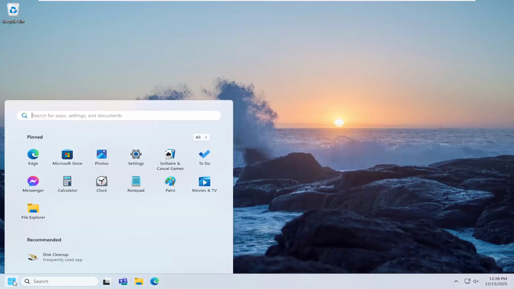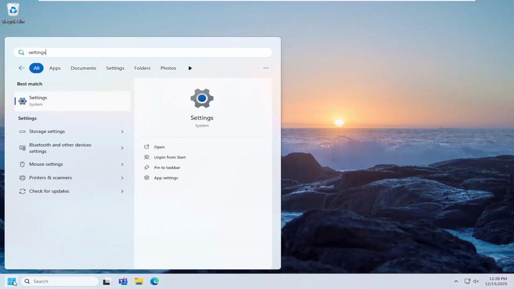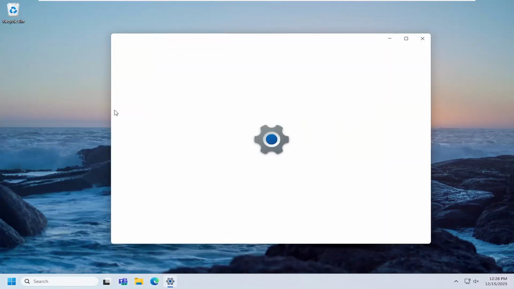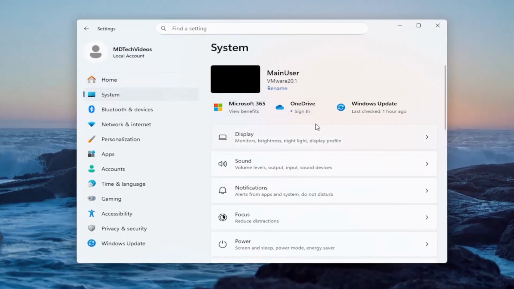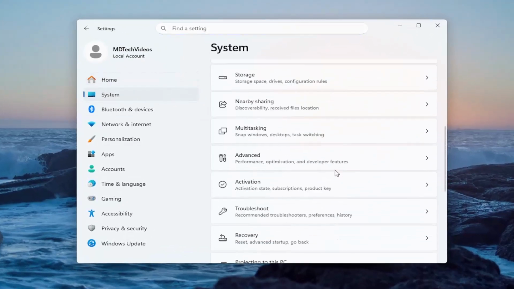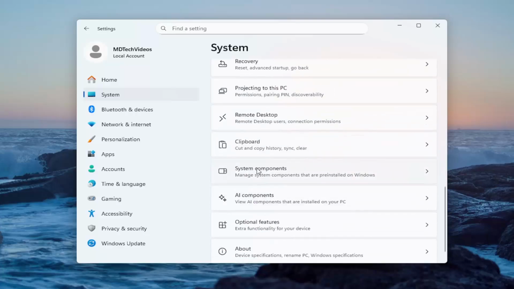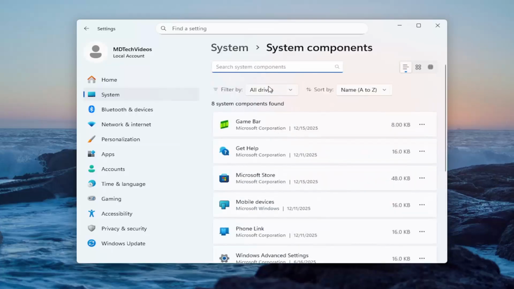So all you have to do is open up the search menu, type in settings, best result should come back with settings. Go ahead and open that up. Select system on the left side, and then on the right side, you want to scroll down and select where it says system components. And then over here on the right where it says search system components, search for Microsoft